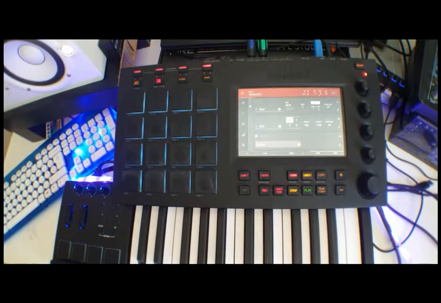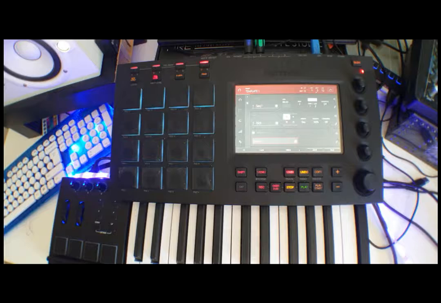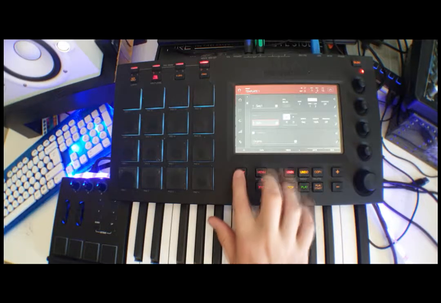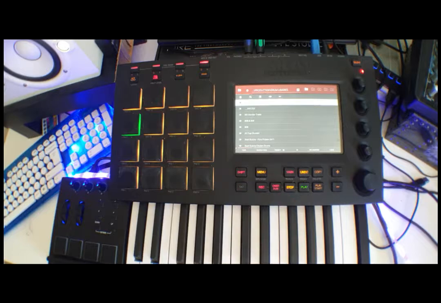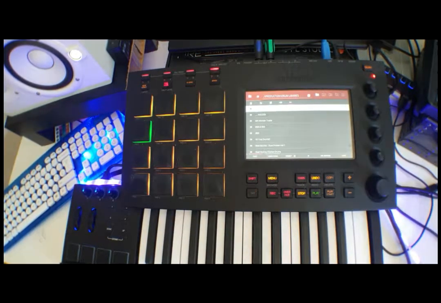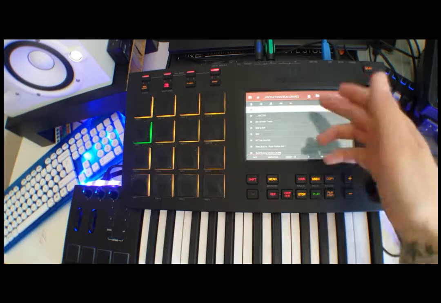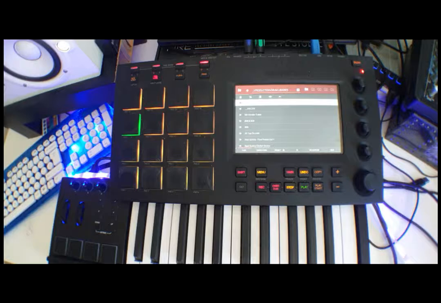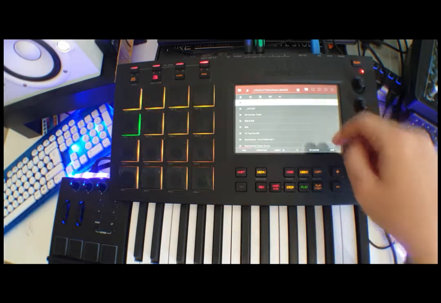Okay, so let's say we were starting from scratch and we wanted to load some sounds. What you want to do is hit this shift button and menu. So hold down shift and hit menu. This will then bring up the inventory that is connected to your computer. If you're using it standalone, I believe the Live has an SD card, so it will just be the same thing. Bring up the inventory,